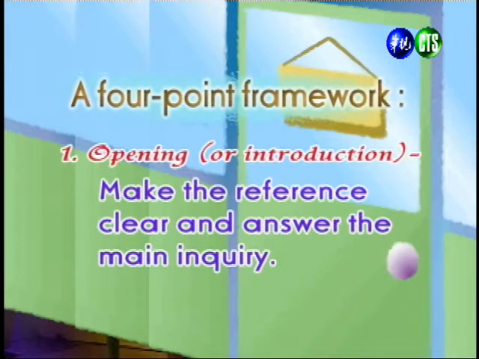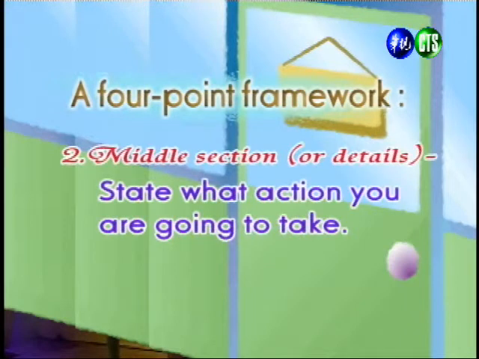在第一段你要提出的就是你要很清楚的说明到底这封信是什么时间，如果有 reference 要很清楚的标示，还有很清楚的回答对方的要求是什么。Okay, 第二个 main section. Okay, you give a little more details. You state what action you are going to take. 在这一段，你可能会清楚的让对方知道你的反应、你的态度，你会采取什么样的行动。第三个